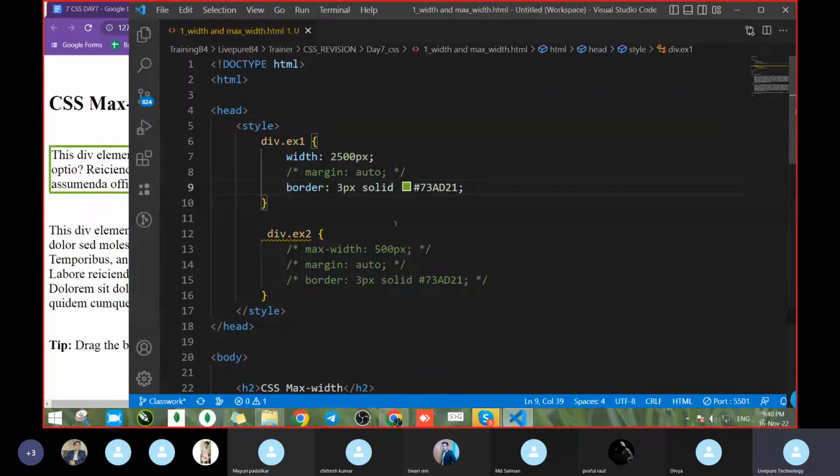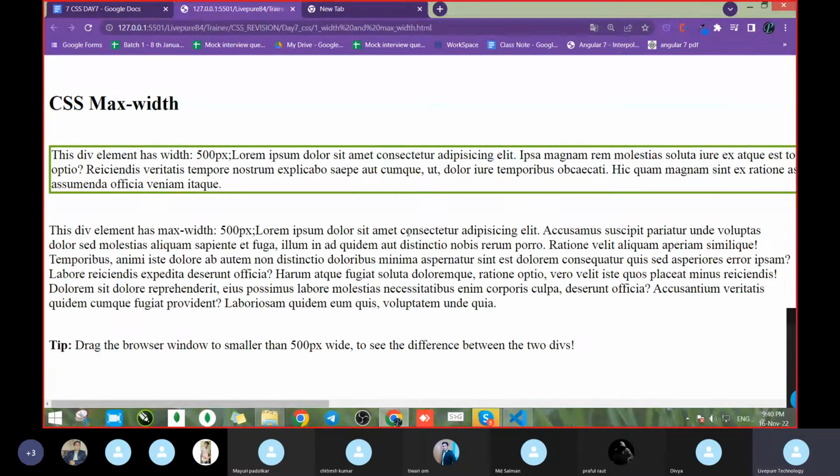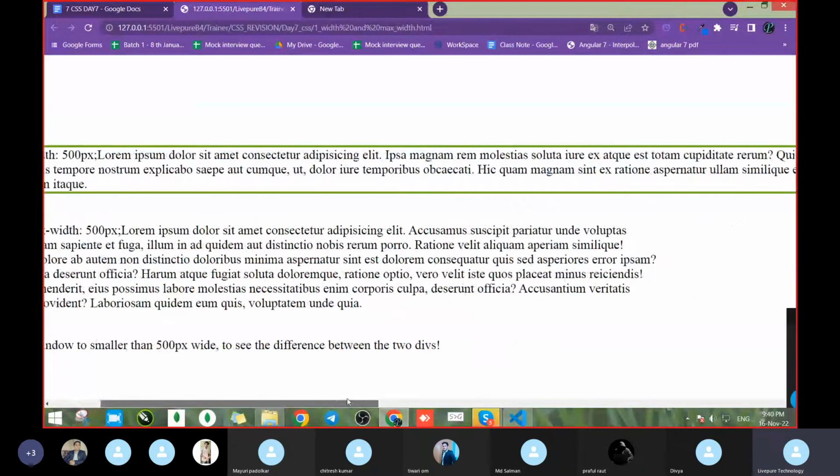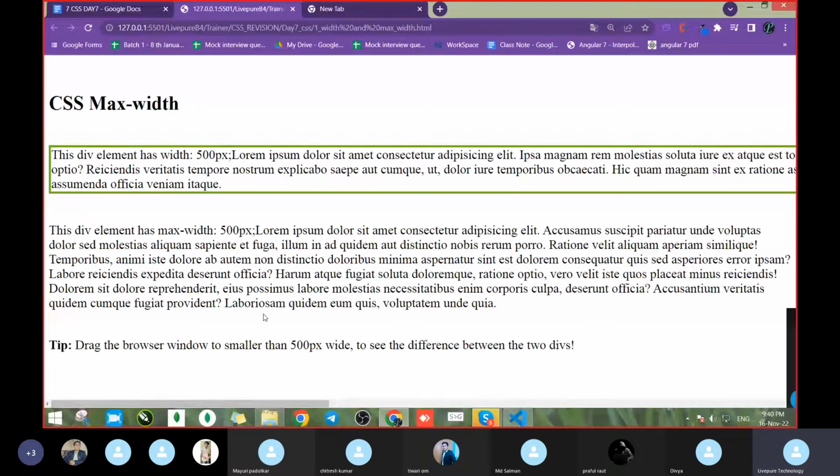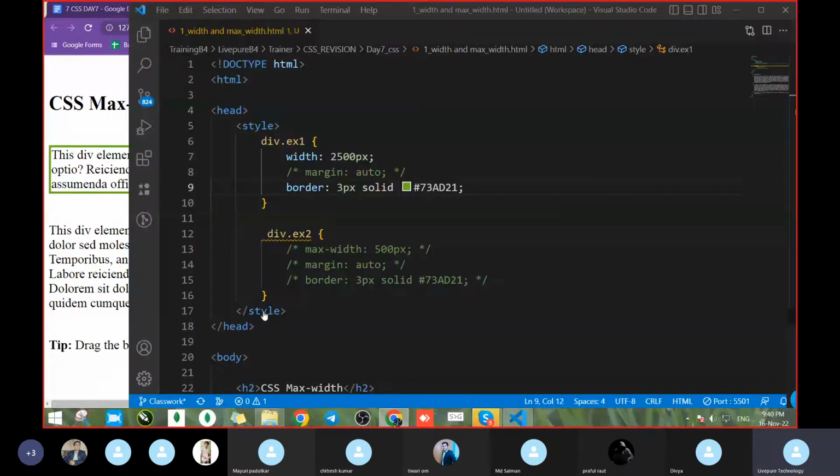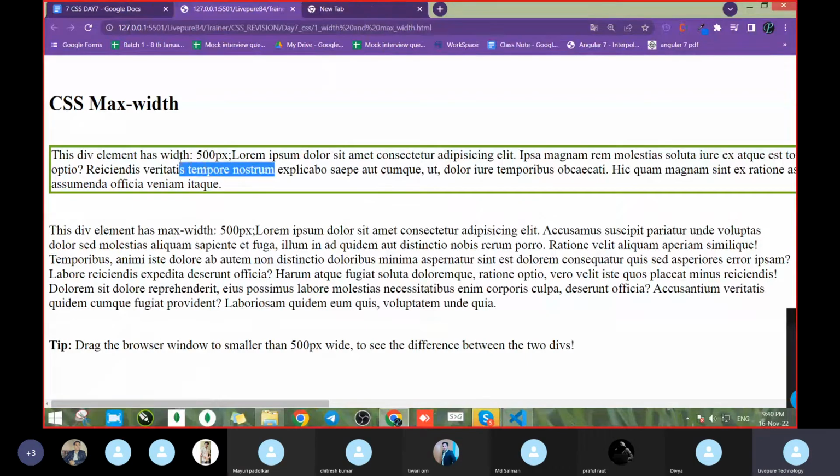So what happened when you fix the width, the content will try to adjust in that much area. जब आप width आप फिक्स कर दे रहे हैं तो क्या होगा, कंटेंट आपका उस एरिया में अपने को ऑक्यूपाई करके एडजस्ट करना चाहेगा। लेकिन प्रॉब्लम क्या है, जब आपका ये बहुत ही ज्यादा अगर आप फिक्स कर दे रहे हैं तो आपका ये वेबसाइट में क्या होगा, स्क्रॉल बार आ जाएगा। इसलिए ये ध्यान रहे कि आपका स्क्रॉल बार ऐसा नहीं आना चाहिए।